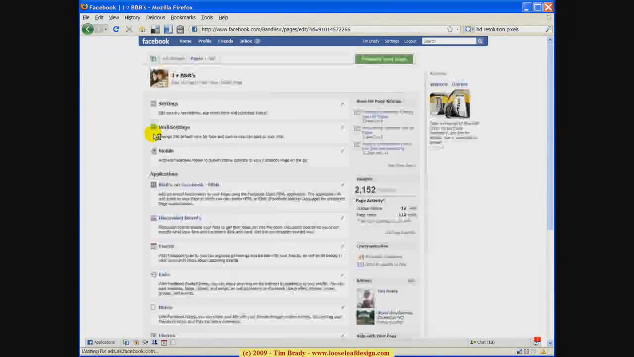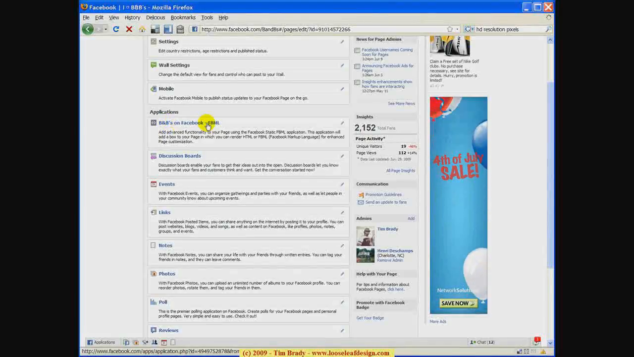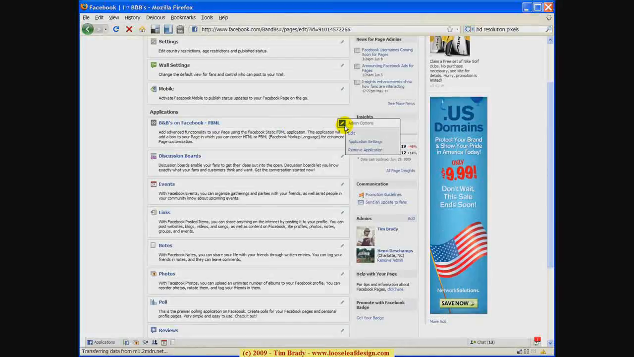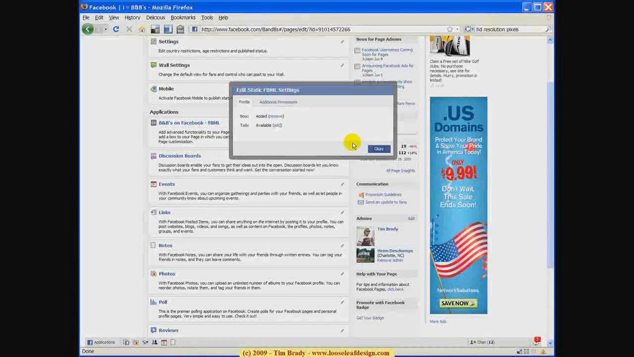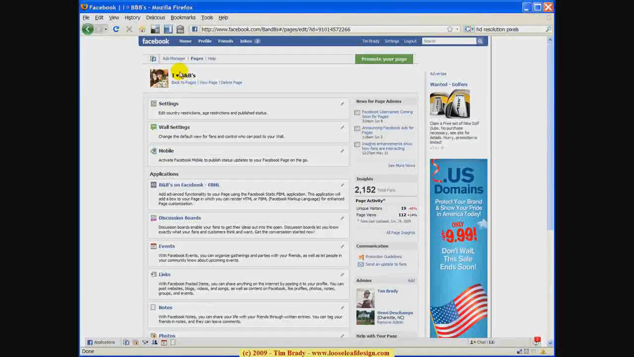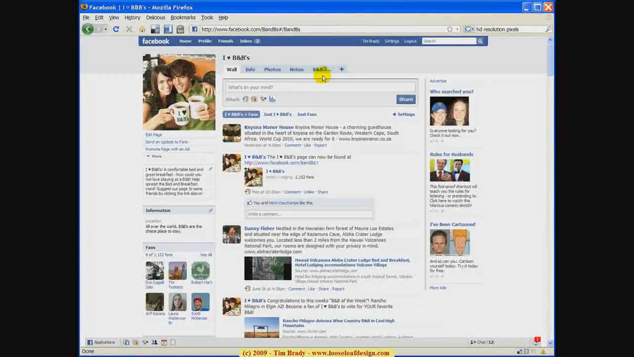to the edit screen where we were. And you see now B&Bs on Facebook precedes the FBML in the label. And we can hit Application Settings and add it as a tab. And I'm going to take it out of the box because I just don't like the box personally. Now when I go back and I look at that page again, I see